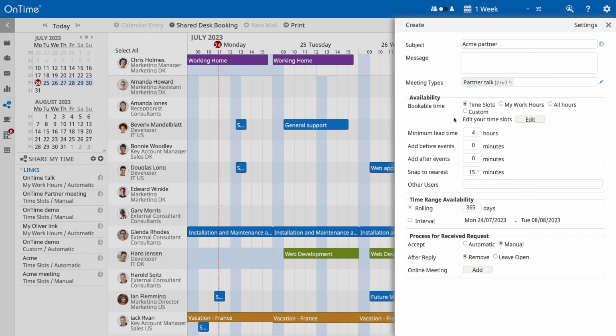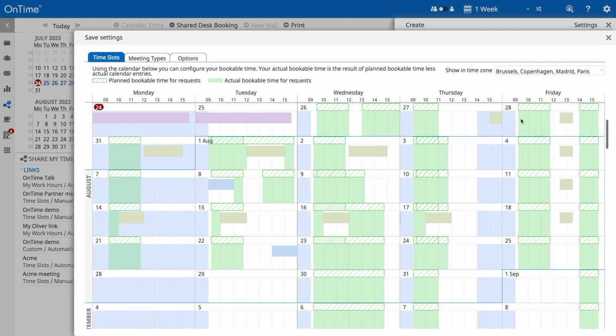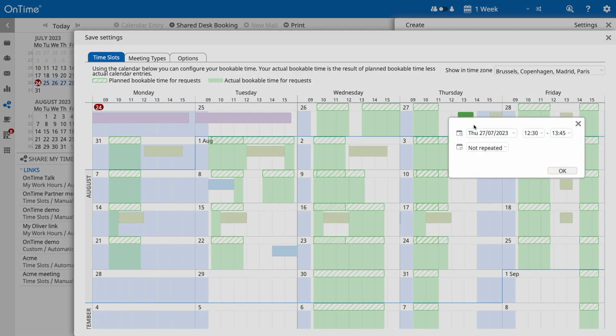We also have different options for bookable time, depending on your own preferences. The first option is time slots, where you can create general time slots, if, for example, you prefer to have a meeting on days you're working from home or in the afternoons. Just drag and drop to set your available time slots and choose whether or not you want them to be